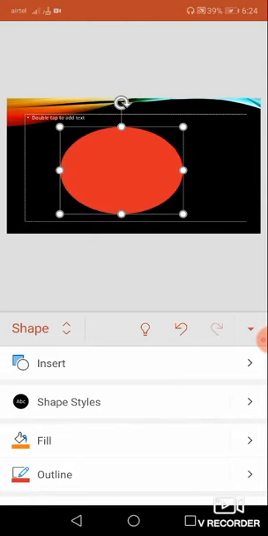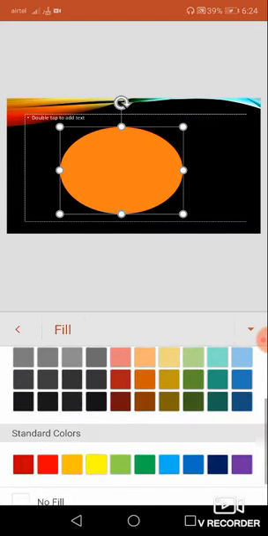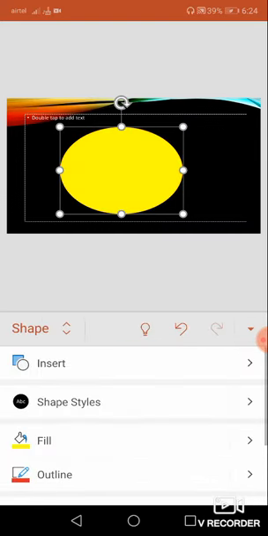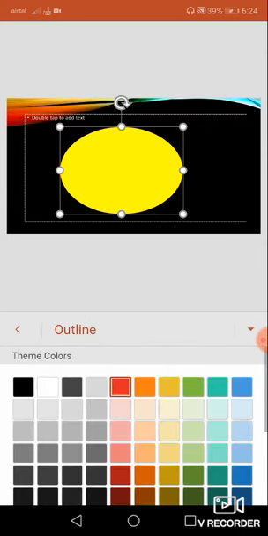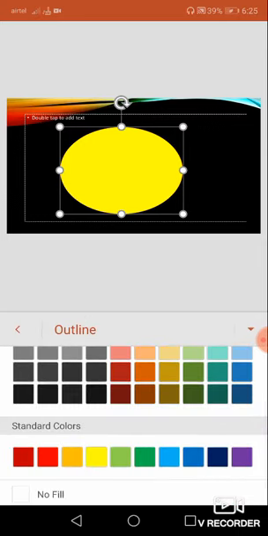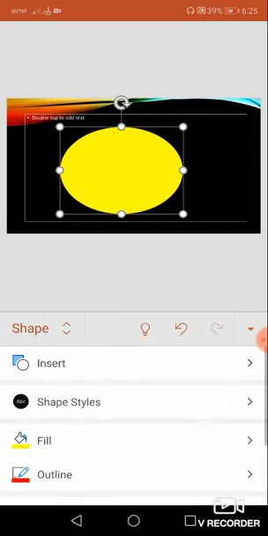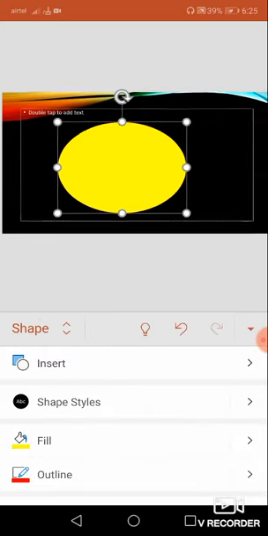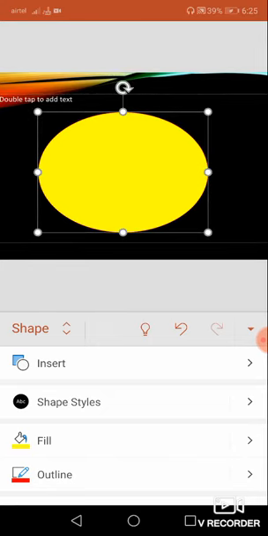Okay, and if you want to change the color of your particular shape, you have to click this fill option. You can go for the fill option and then choose your favorite color, and outline also you can give to your particular shape. If you want to give an outline, you can see here the outline has been changed to red now.